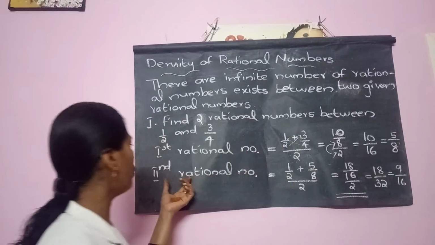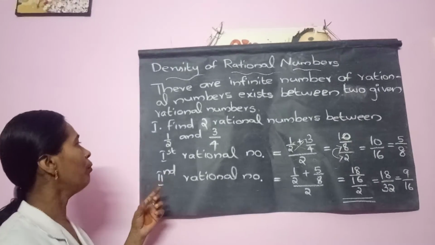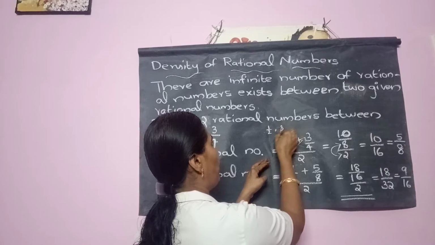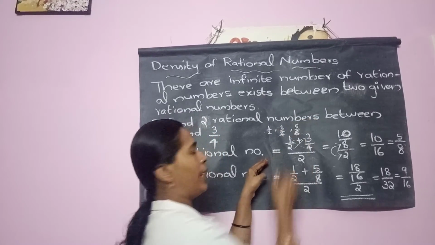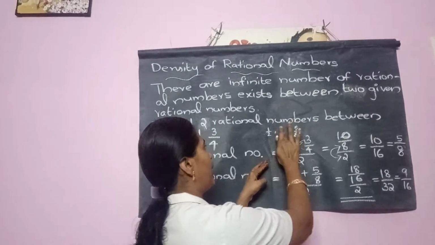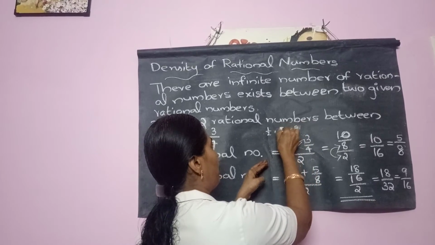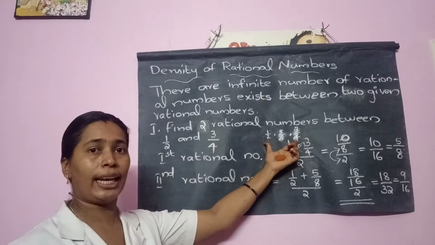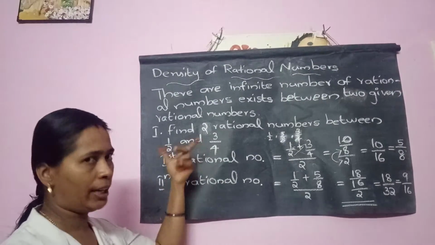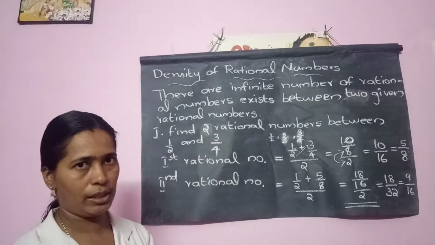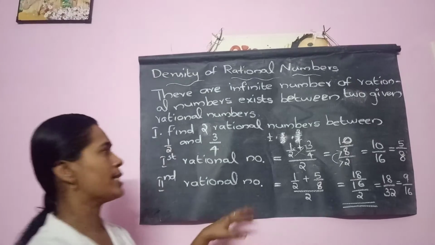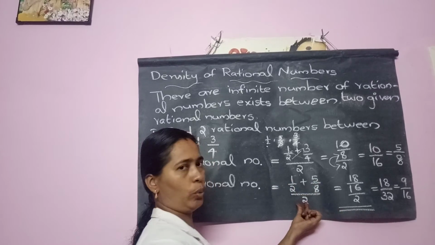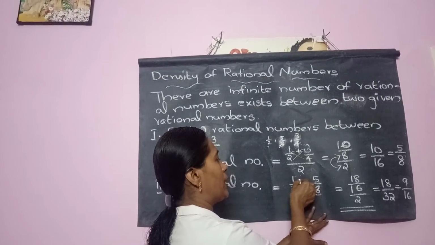Now in order to find the second rational number, we have three numbers: 1 by 2, 3 by 4, and now we got 5 by 8. Actually 5 by 8 is coming in between these two, then comes the place of 3 by 4. Among the three, we have already selected the given numbers, so select some other pair. Here the teacher has selected the first one and the middle one, so their sum by 2 again. Apply the cross multiplication rule.